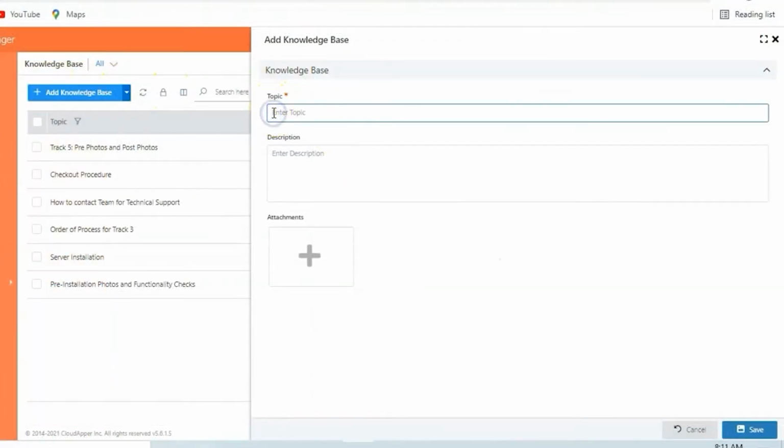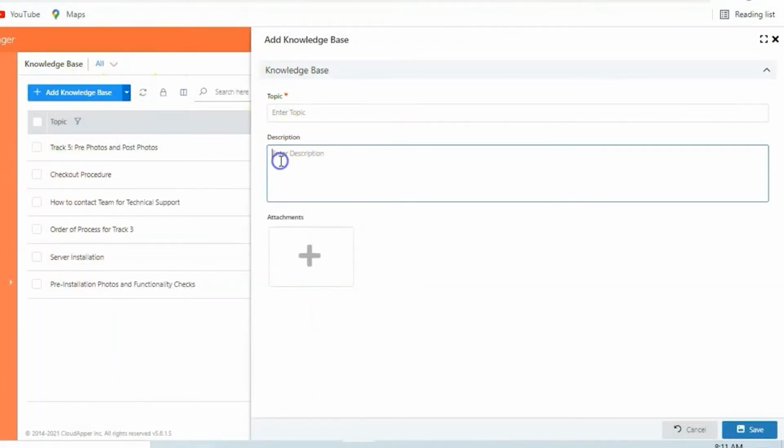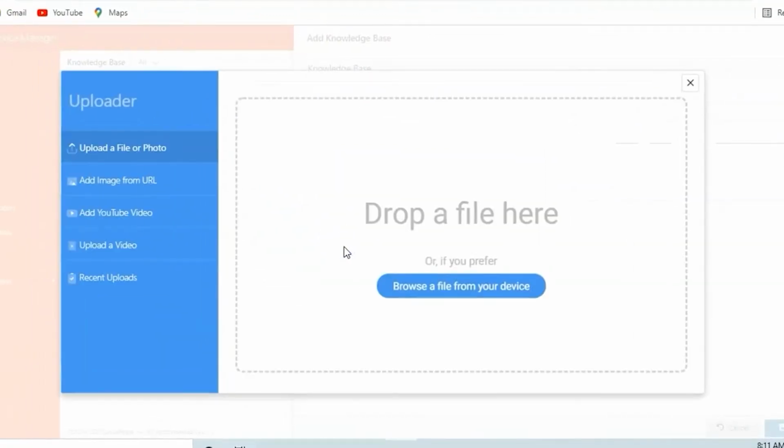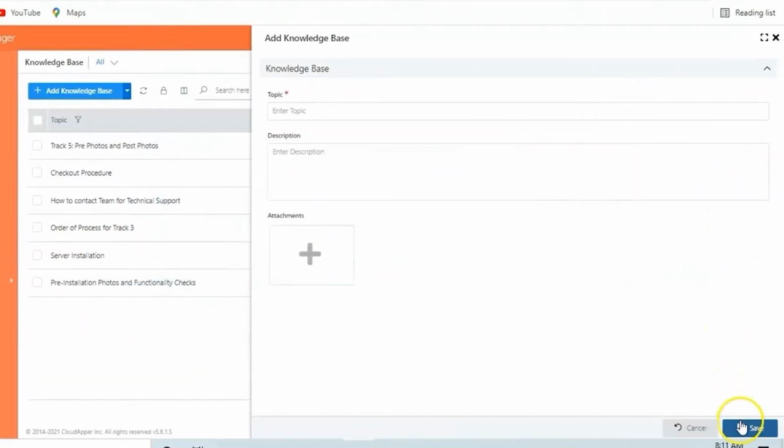I'd give my knowledge base article a topic, the knowledge base description, and attachments. You're able to attach any files or photos, an image URL, YouTube videos, or upload an existing video. Once I'm satisfied with my knowledge base contents, I'll simply need to click on Save here at the bottom right